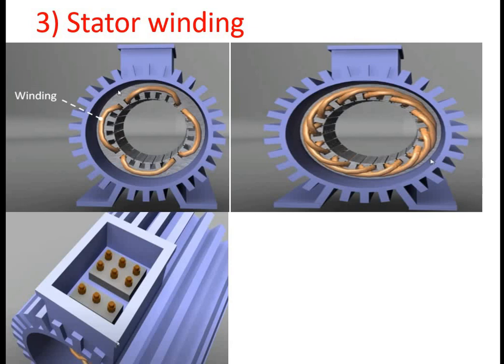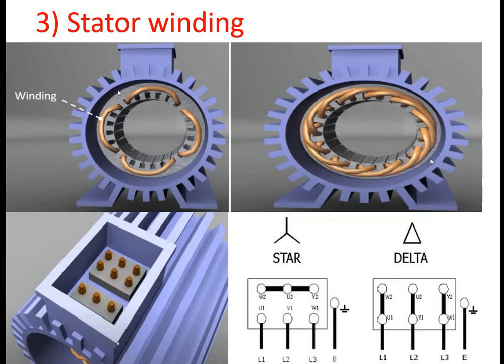Now in this picture we are seeing the terminal box of a slip ring induction motor, and we will see the connection of those windings. We have to prefer either star or delta connection, and the selection of star or delta is purely based on the type of starter we prefer. Basically in a squirrel cage type we prefer delta connection, whereas in a slip ring induction motor we prefer star connection. We'll see the star and delta arrangements on the terminal boxes, and if we are preferring delta connection, the terminals will be in a zigzag manner.